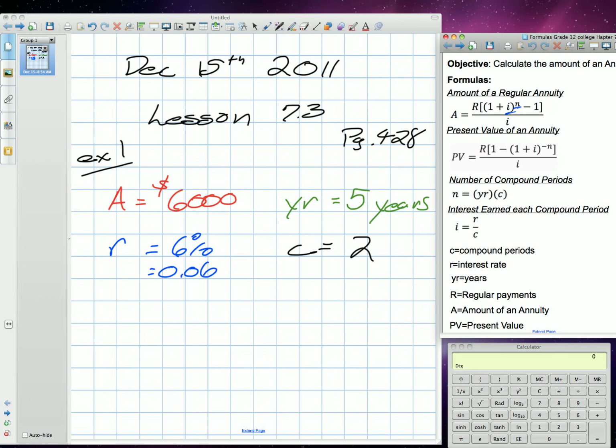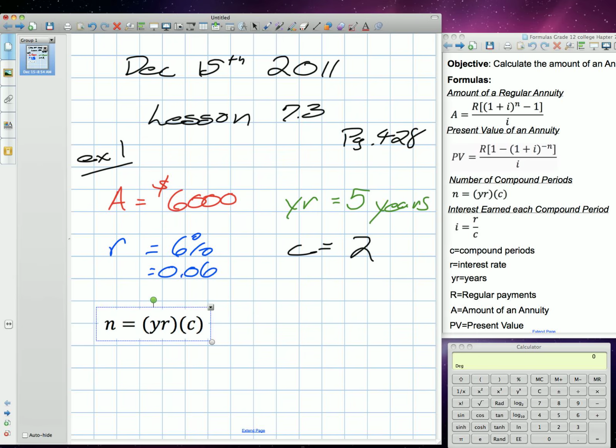Which means we got to put them into this formula here. So in order to solve for our N in the formula, we need to plug in our years times the compounding periods. Okay? So what that means for this question,